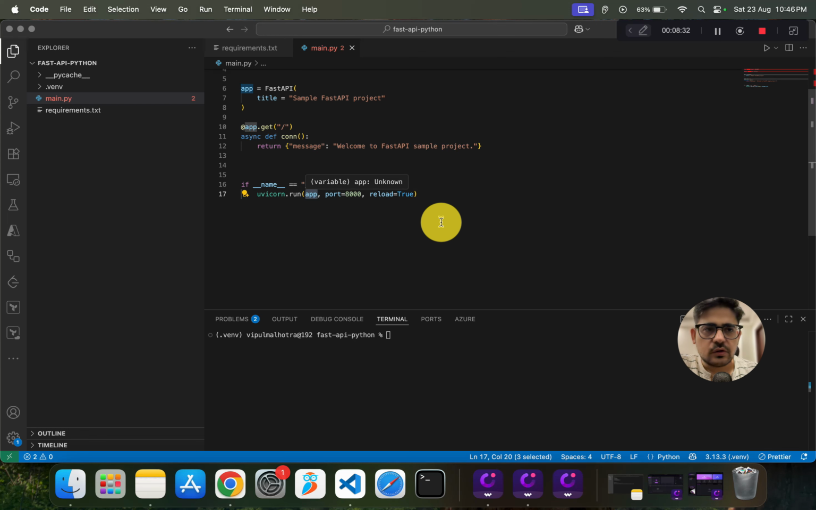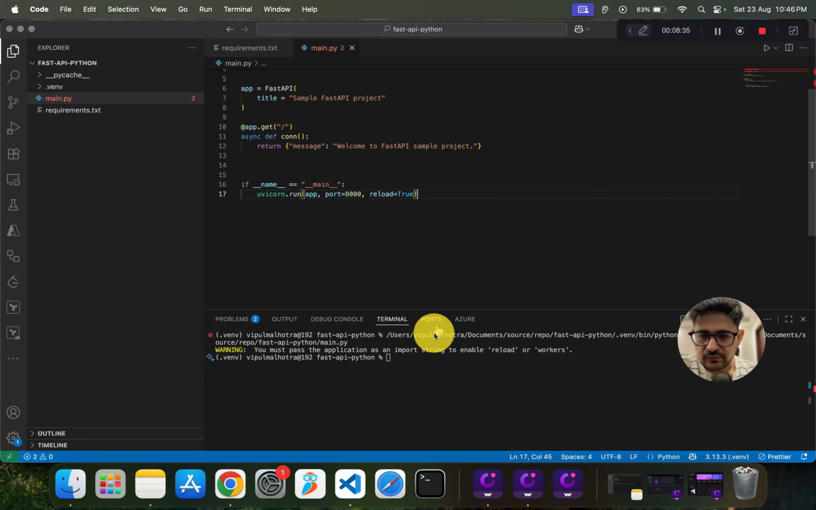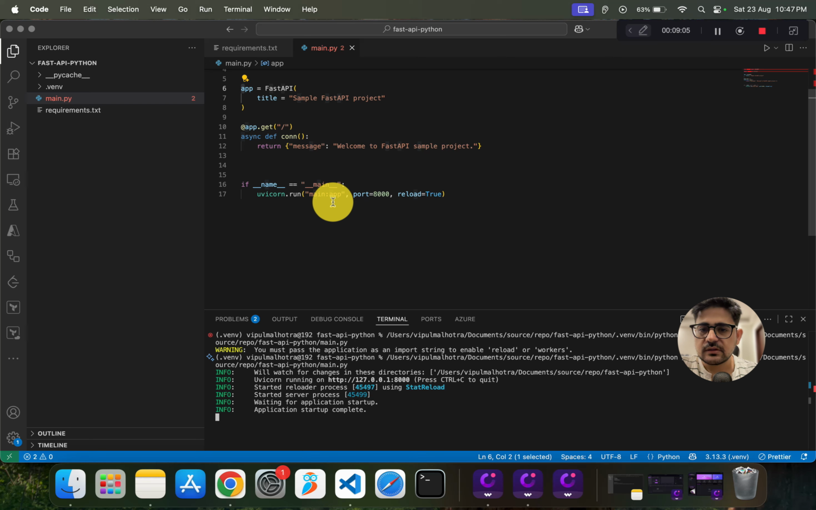So the error is actually quite explicit, I was not able to understand. You must pass the application as an import string to enable this, which means that you cannot pass this application as an object, but rather you need to send it as an import string, and we cannot have just app because it is contained in a main file. So you have to pass it like that, which means in the main file use the app object which is available. So now if I run this, let's see,